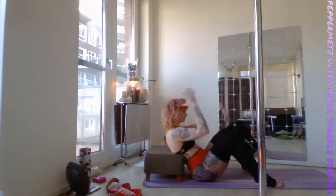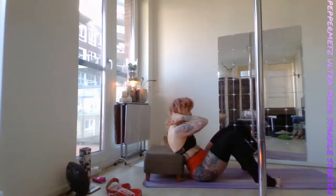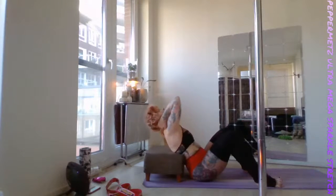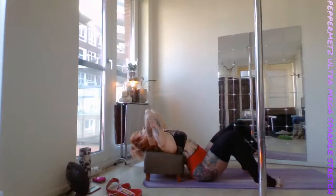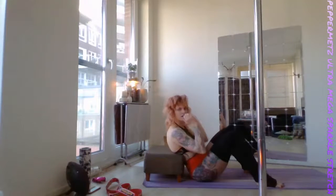And then what you're going to do is bring your hands behind your neck, pulling the elbows in, and then you're going to lift the elbows up. So I'm pulling my shoulder blades apart, and then I'm going to roll all the way back onto it. And as I do that, I'm trying to actively push my hips down. Those hips down, back, and